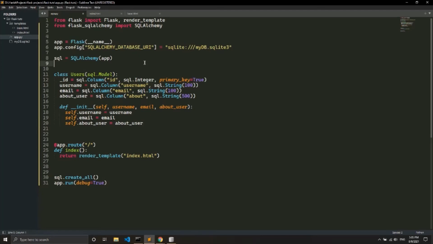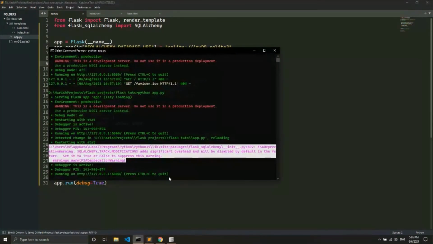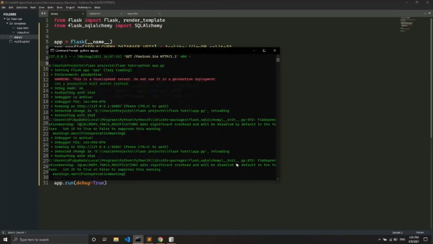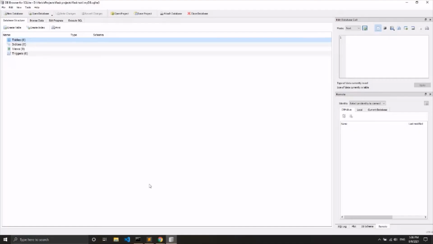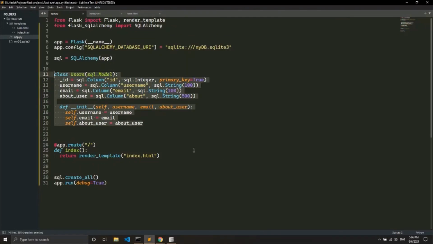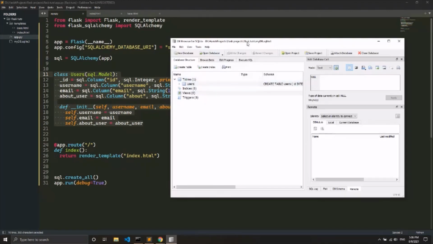So after everything is done, just press save and you should see that it should be reloading by now, and you can see that it has reloaded, and we will wait here until this has come. Okay guys, so there was a small problem, and the problem is every time you create a new table, usually it will reload, but this time I have reopened the database. You can see that we have a table called users, and it has the ID, username, email, and about columns.